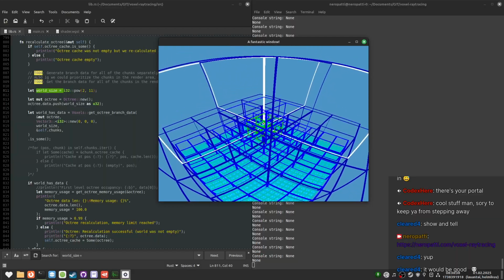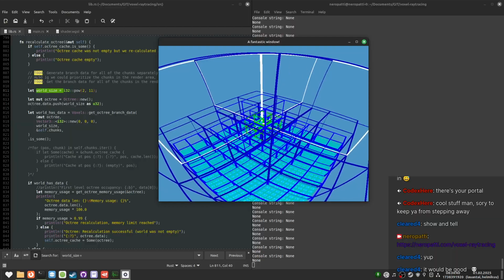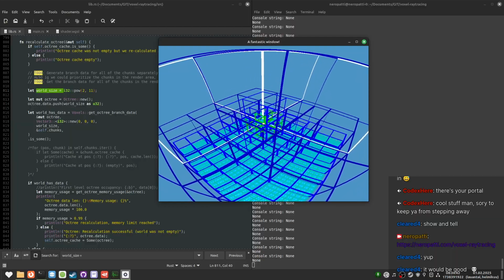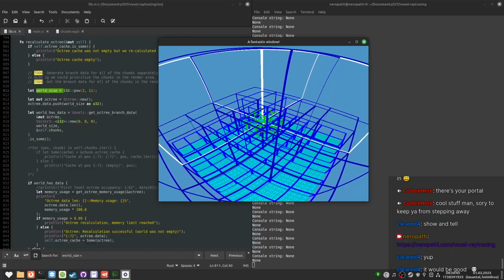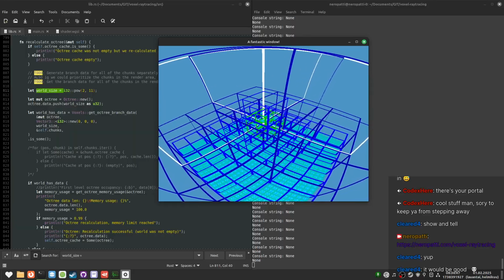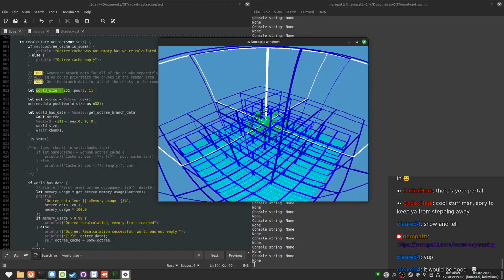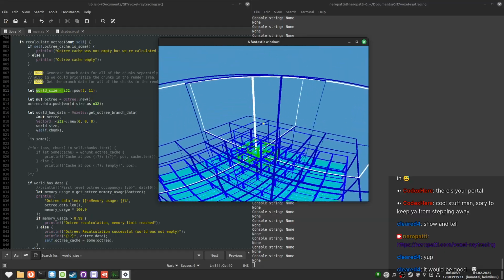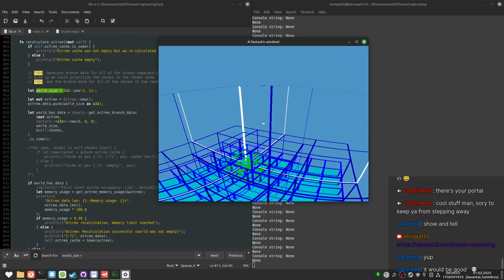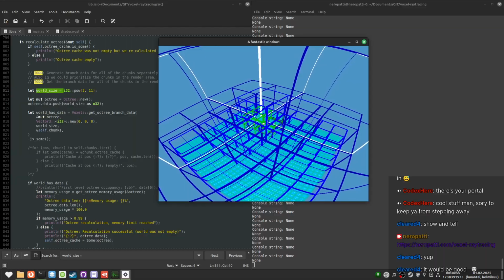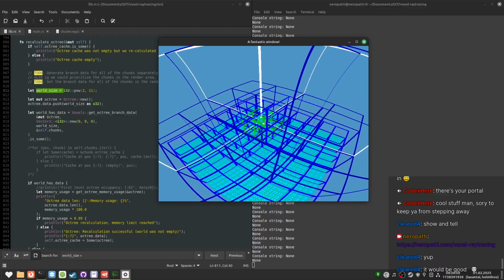I'm trying very hard to find it. Like somewhere there, I think. It's so hard to find a thing that's a billion miles away. Also, I need a thing to turn off the debug visuals. Where is it?